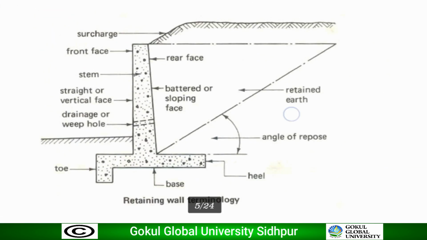And the important question is, what are the applications of retaining walls? So where are retaining walls used? First one, to retain the slope in hilly terrain areas. Second one, as side wall of a bridge approach. Third one, to provide lateral support to an embankment. Fourth one, construction of a basement below ground level in a building. So these are the different applications of retaining walls.